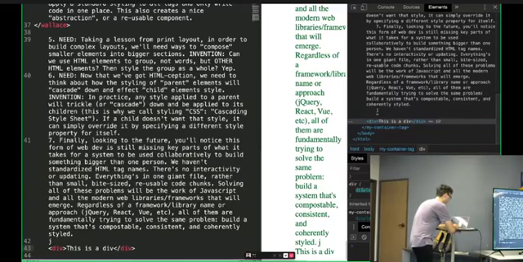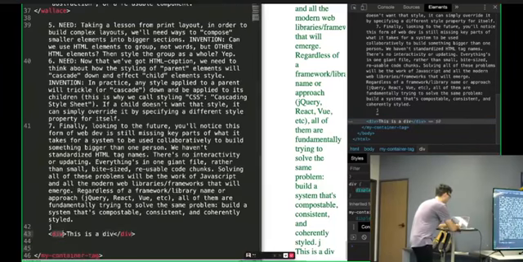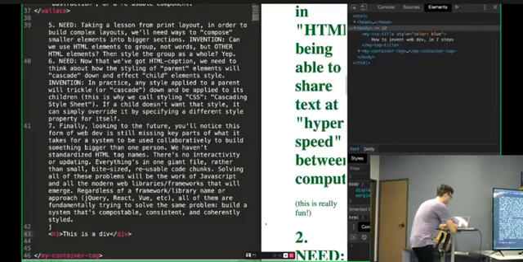And for example, if I did the same thing but I called this an H1, then refreshed that, and then scrolled down, looked at this section, which is now